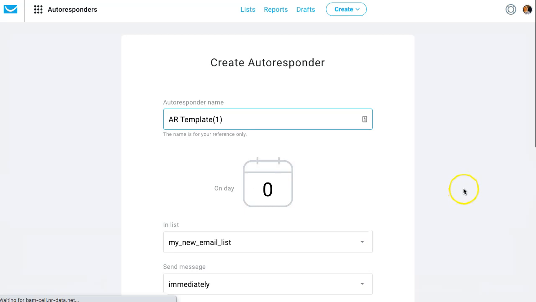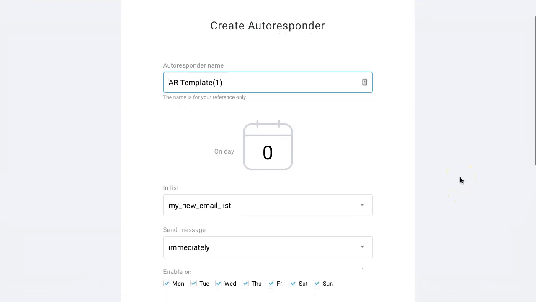And it brings us here to the autoresponder area. Now all we need to do is label this. So I'm going to call this welcome email. You can call it whatever you want, but it's the welcome email, so that's what I'm going to call it. I'm just going to put in day 0 just to label it. Now it's going out on day 0 in the sequence because this is going out immediately when somebody signs up